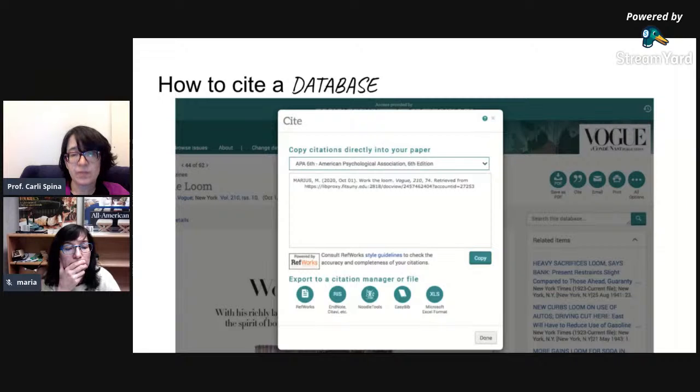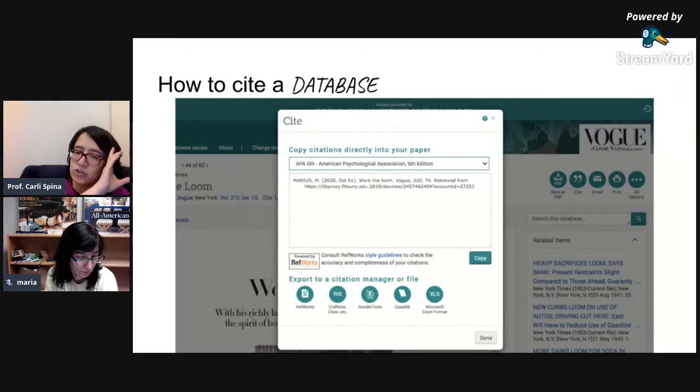So looking at APA 6th edition, and you do want to be a little bit careful that you're thinking about which edition you're using. Usually that's something your faculty member will tell you in your assignment. But if you don't have that information, you can default to the latest. Sometimes we may not have the latest as the default in these tools we're going to discuss. And in those cases, usually the changes aren't significant enough that you need to worry about it too much. But I do always encourage students whenever they're using one of these citation generating tools to make sure that you do proofread it, which we'll talk about more as we look at this.